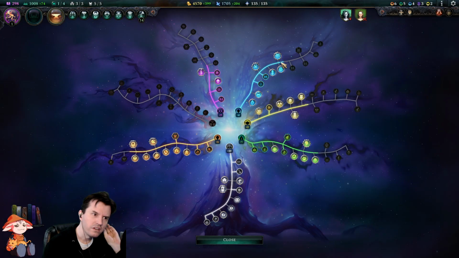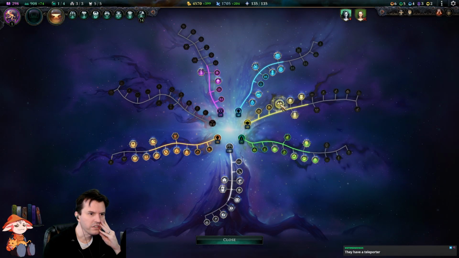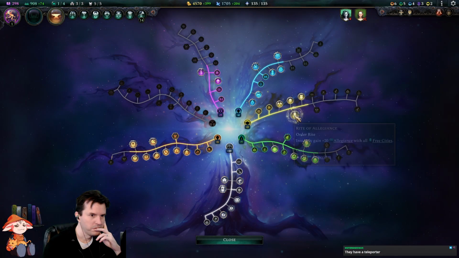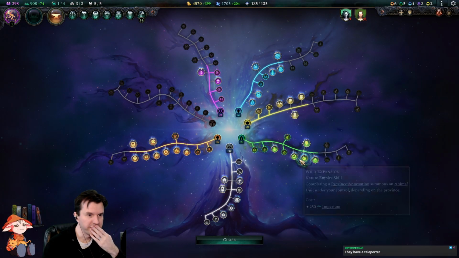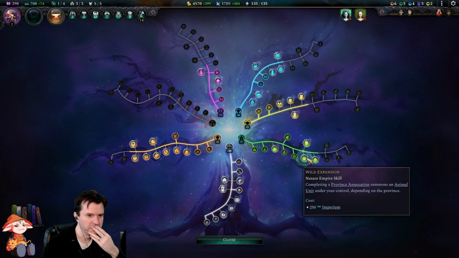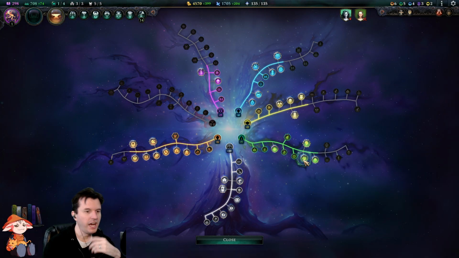Go ahead and get that for later. They have a teleporter? That's fine. Oh, did I never get this? Cities can expand further away? Whoops. Probably just didn't have enough Imperium when I unlocked it, and then I forgot about it, if I had to guess. I had a single...